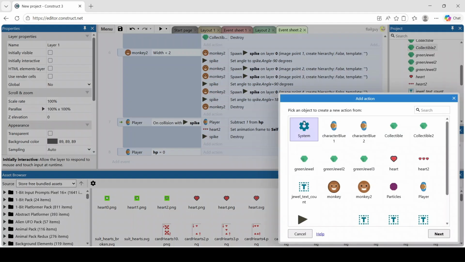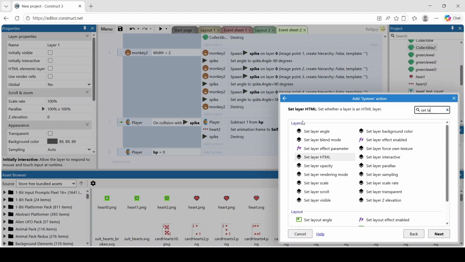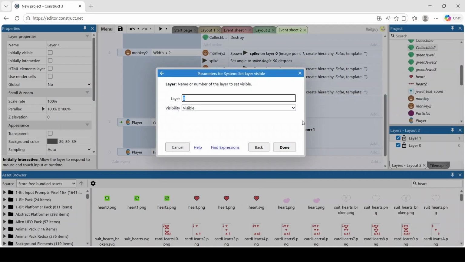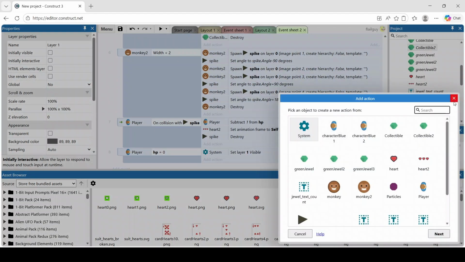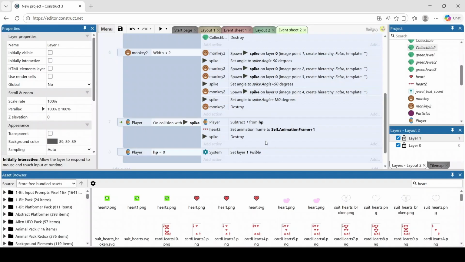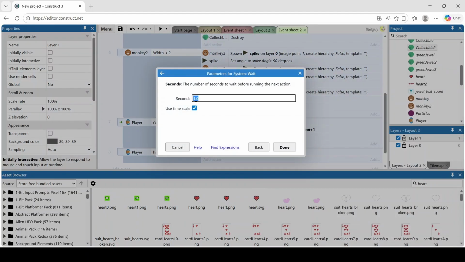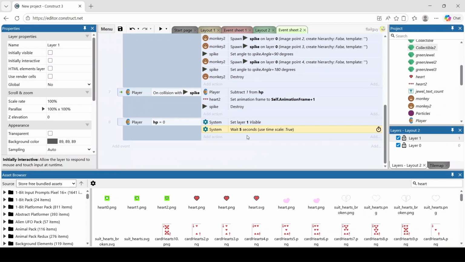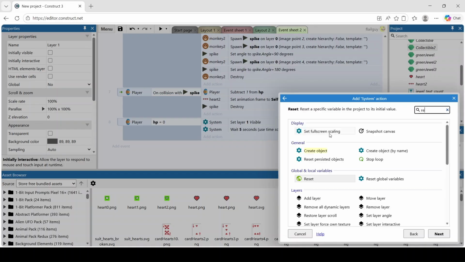Then we're gonna go set layer visibility. It's layer 1 to visible. We're gonna wait 5 seconds, and then we're gonna refresh the layout, restart the layout,